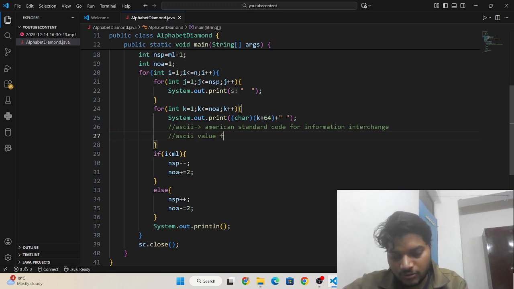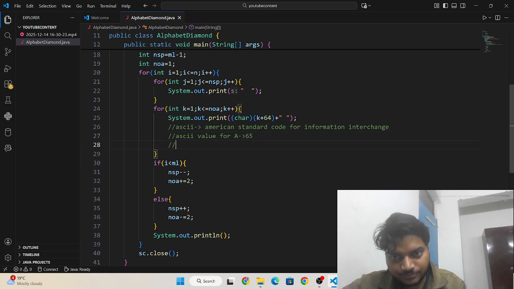ASCII value for capital A is 65, and the ASCII value for small a starts from 97.